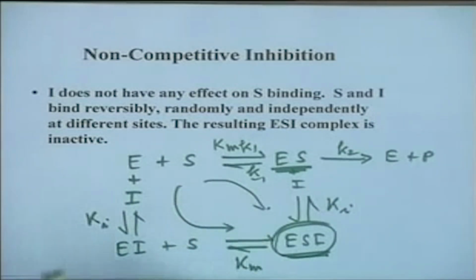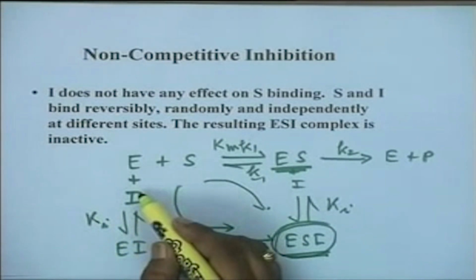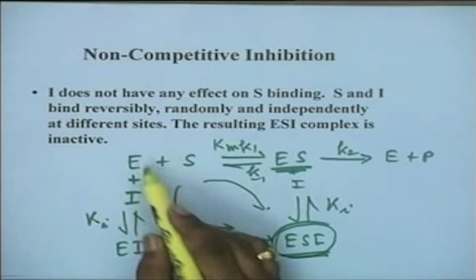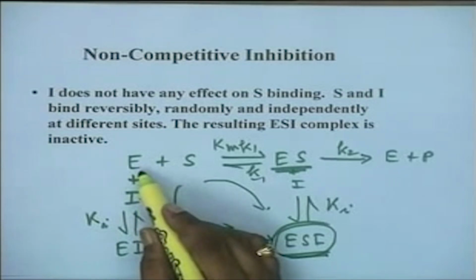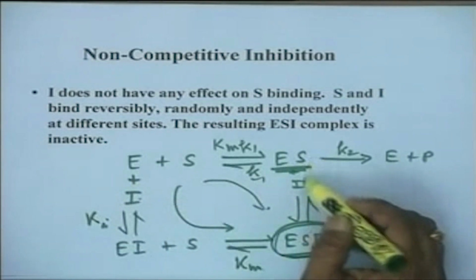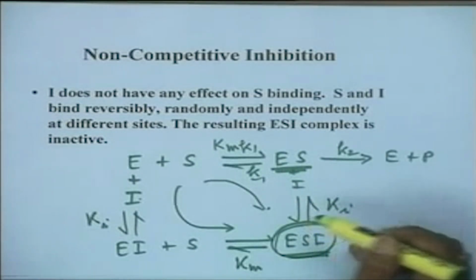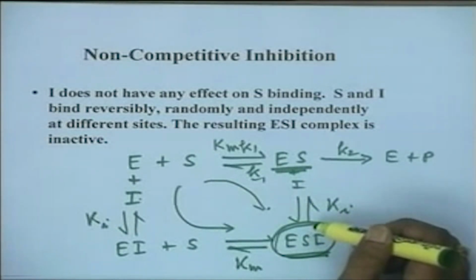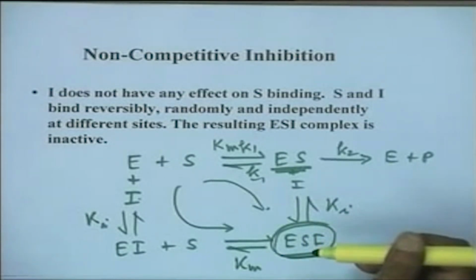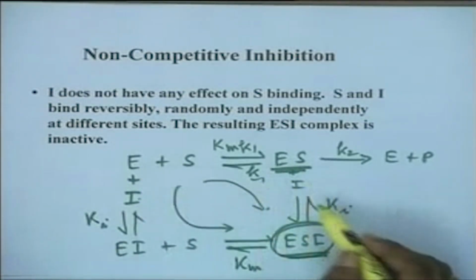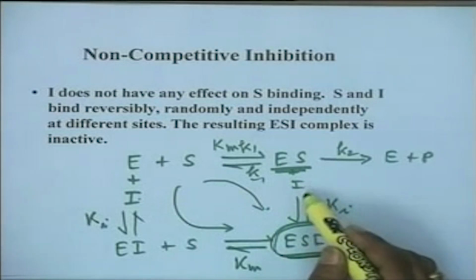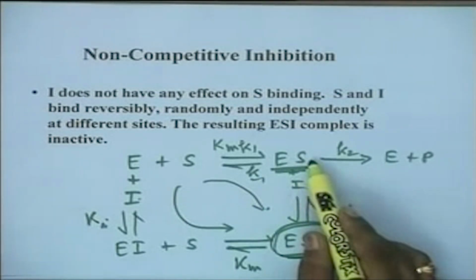In that case, we assumed one basic factor, that the diffusion constant for binding of the inhibitor to the enzyme and to the enzyme substrate complex is identical. But in many cases, this may not be so. The diffusion constant for binding of inhibitor to enzyme may be different from the diffusion constant for inhibitor binding to the ES complex,